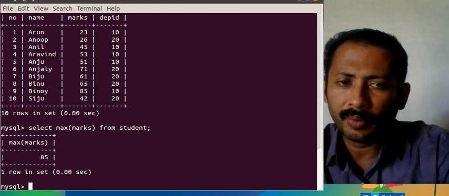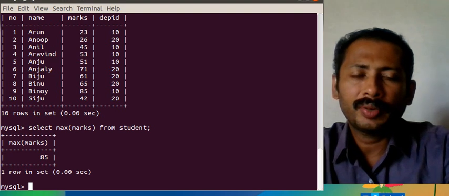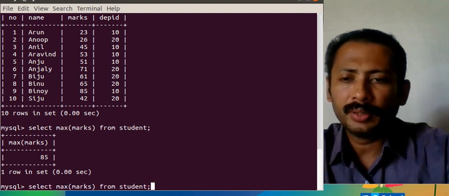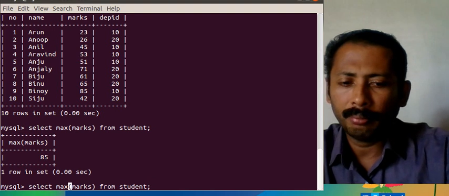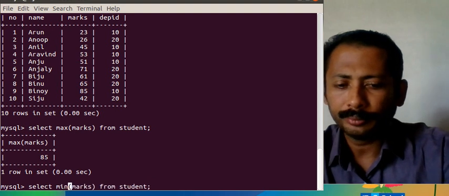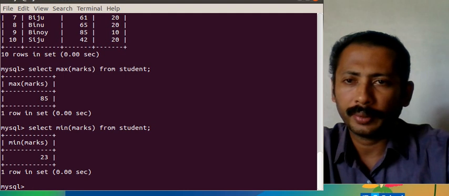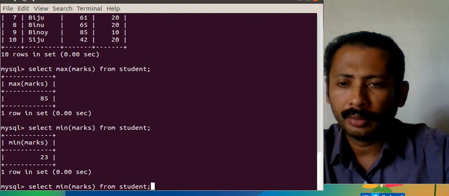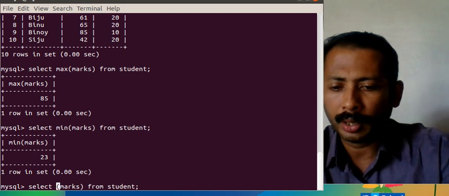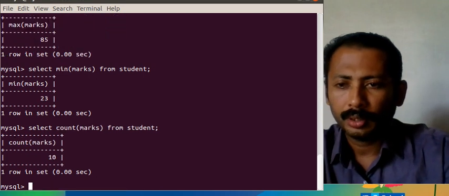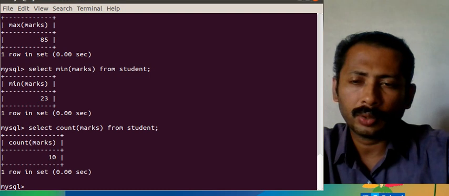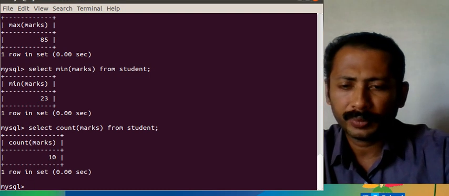So we got the maximum marks. Likewise, we can give minimum marks. The minimum marks is 23. Then we can give count of marks. How many marks are there? It has 10 records, so the count is 10.